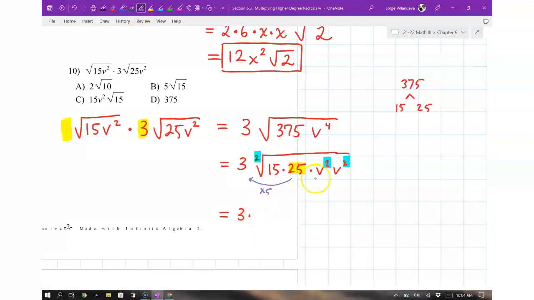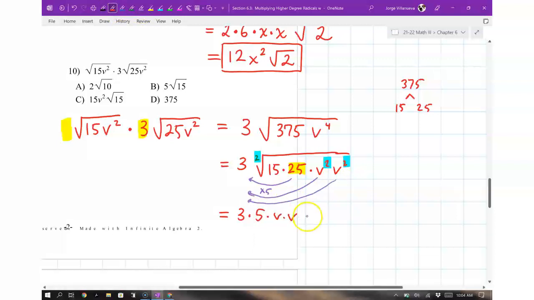Actually, let me put these other little arrows here. So 3 times 5 times the square root of whatever's left over, which is just a 15. Okay, so that's 15√15. I don't know why, but all these answers seem to be C right now. I know they'll mix up later, but